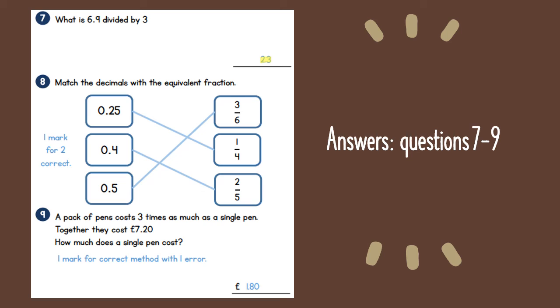Number 8, we're going to match the decimals with the equivalent fraction, so the decimals are equal to the fraction, and you can see that 0.25 joins to 1/4, 0.4 matches with 2/5, and 0.5 matches with 3/6. I'll just quickly run through those and the reasons why. If I was to multiply